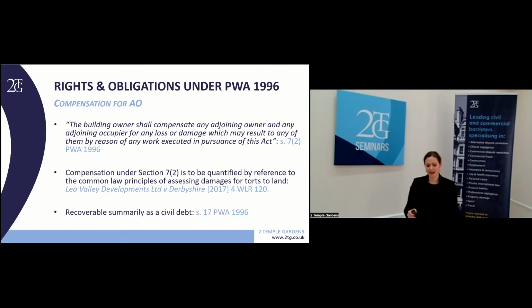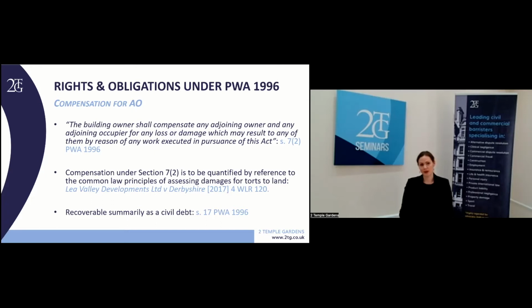Before moving on, it's worth noting that payments under the Act don't go all one way. As a general rule, the building owner is responsible for paying for the works they undertake, which makes sense because they're the ones that want to carry out the work in the first place. But in certain specific circumstances, which are all set out in Section 11, the adjoining owner is expected to contribute. Now, the most obvious one of these is where the adjoining owner requests that additional work is carried out at the same time as the building owner's works.